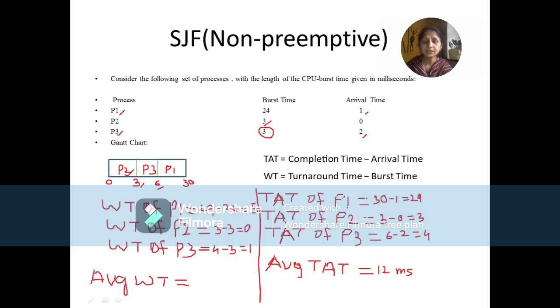And what is the average waiting time? 5 plus 1 is 6. 6 divided by 3 is 2. So 2 milliseconds. So this is SJF, shortest job first, non-preemptive